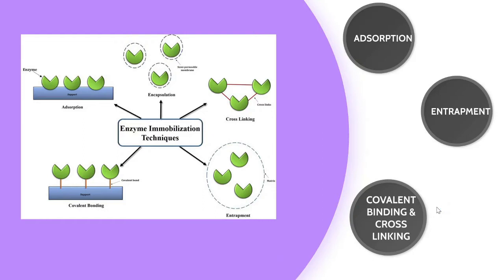Like whenever you are making a tea decoction, say there is loose tea powder and there is tea in a tea bag. When you just put the tea powder in the water, it is a bit of a tedious process. You have to take a strainer and pour the tea decoction through it to separate it. Whereas if the tea powder is placed in a bag, you're not allowing the tea powder to move. Of course, here the tea powder cannot be reused, but as it comes in a daily process, it shows what immobilization means.